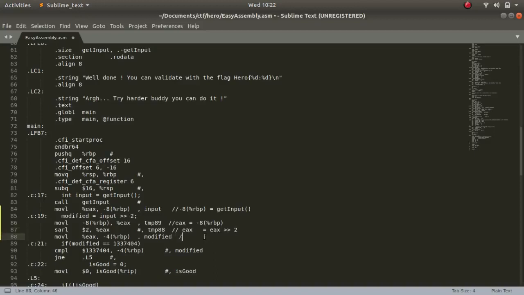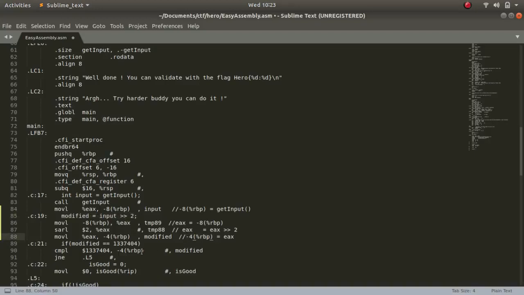Now that is being stored in -4(%rbp). So EAX is now being stored here. This is represented by the variable modified for simpler understanding. So you can understand this as modified.